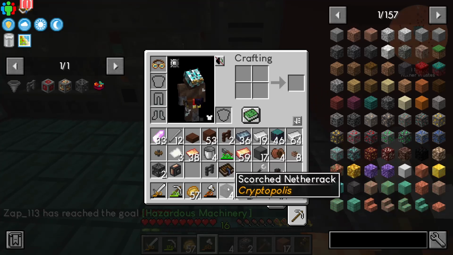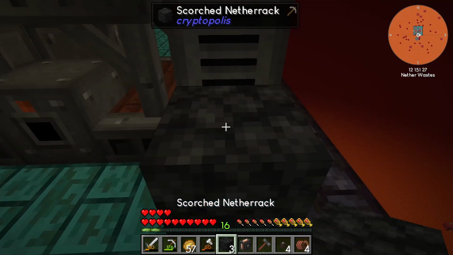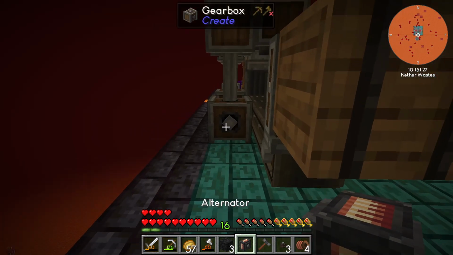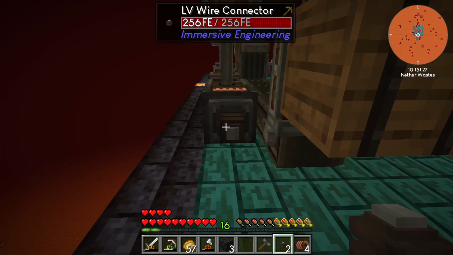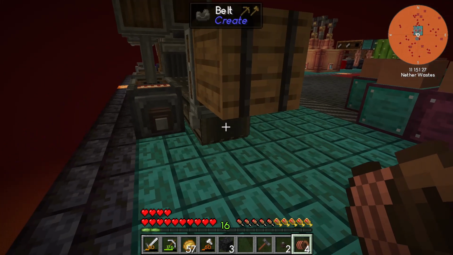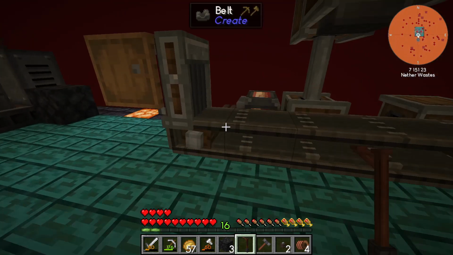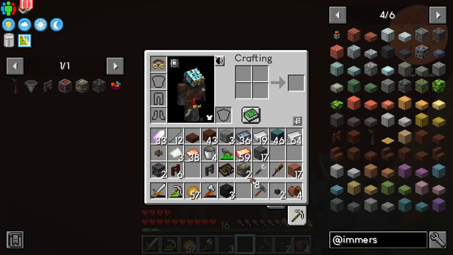Okay. So, we need the alternator. We need the LV wire. All of this stuff that I just created. Because this is where the power comes in right here. Okay? What we're going to need to do is probably place the alternator like this. Then we're going to need a connector here. And I'm not going to be able to run wire from here to here. I think what we need to do is create this wood post from Immersive Engineering. I think this is going to be the best bet here. And if we hang a relay...